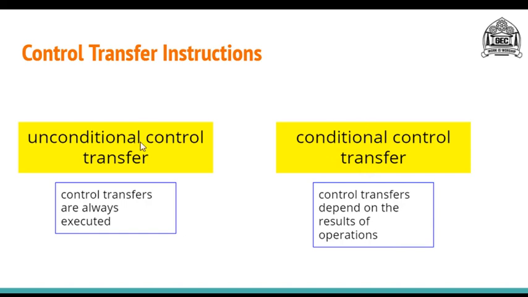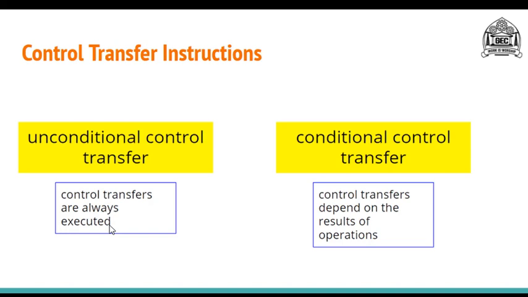Unconditional control transfer instructions do not depend on any condition, which means they will always be executed. As you can read from here, control transfers are always executed in unconditional control transfer instructions.